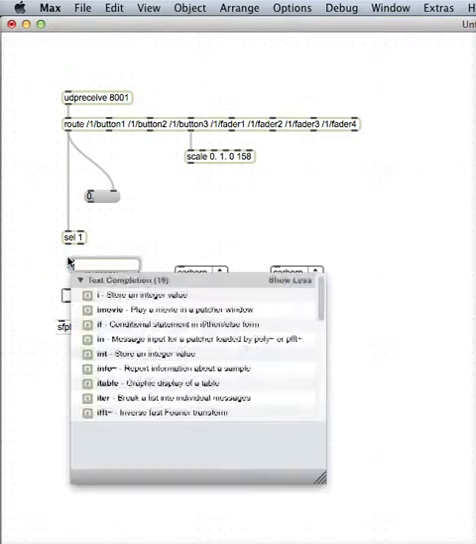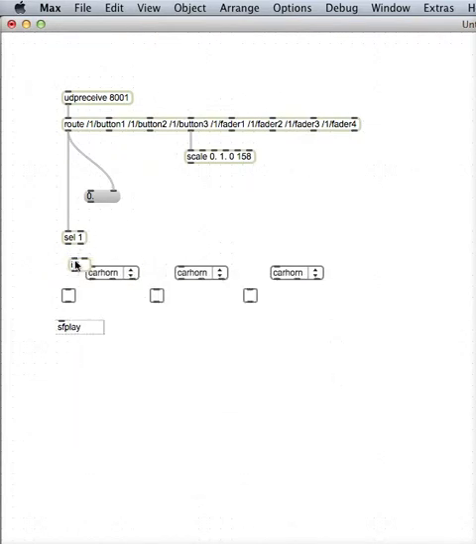So we want to use an integer object, and just when it comes through, it only sends a 1. So now it's on, and I'm pressing the button again, and it's not turning off. That's what we want, because after the sfplay object is done playing, that sfplay will send a 0 out and turn it off. So this is the way that we can connect up all three